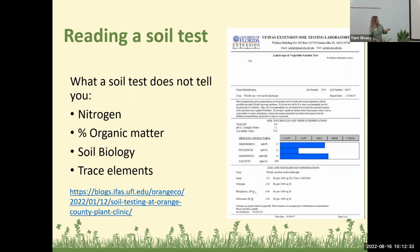Another thing that the soil test usually shows us is the potassium. And potassium is needed by plants in the second most quantity to nitrogen. Potassium is usually low in Florida soil. So that's a nutrient that we have to pay attention to and maybe add it or supplement it somehow. Now, what the soil test also tells us is our target pH